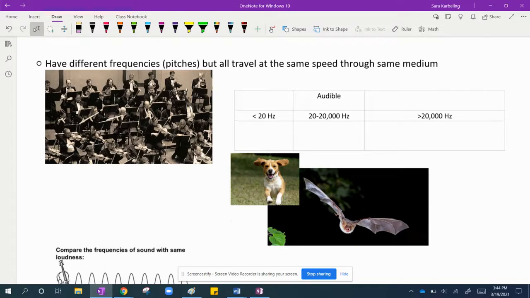So one thing that I want to point out here first is if you are a musician, you've probably heard the term pitch before. Maybe even if you're not a musician, you've heard that term. Frequency and pitch are very closely related. The higher the frequency, the higher the pitch. Okay, pitch is something that is perceived by the human ear, whereas frequency is that very specific number of cycles